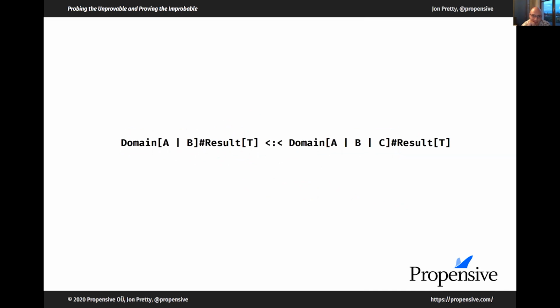We can also make that a projection type. So we can project on that domain to access within the domain a result type parameterized on T. So the projection type is indicated by this hash here. In Scala 2, projection types are a special kind of existential. In Scala 3, they kind of exist in their own right. They're not really defined in terms of existentials, which are complex and difficult to work with. Projection types are kind of a subset of existentials, but they are much better understood with Dotty.